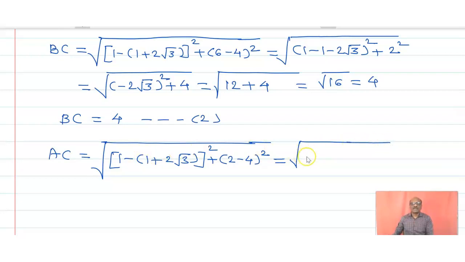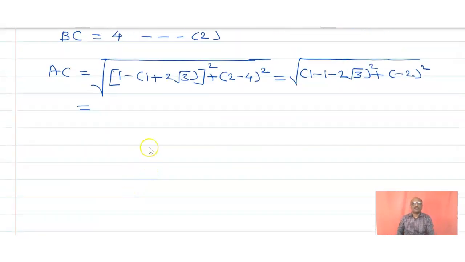If you open the bracket, then what you will get? 1 minus 1 minus 2 root 3 bracket square. इथे पुन्हा काय मिळणार? 2 minus means what? Minus 2 चा square इथे. Again here, पुन्हा next step, plus 1 minus 1 cancel. 2 root 3 minus 2